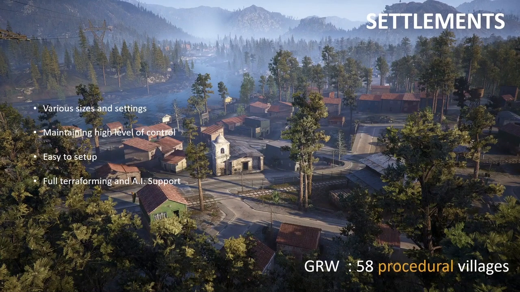The tool had to be easy to set up, and it was not only about placing building, but also terraforming, pre-terraforming the landscape before placing the building, and AI support, which means all along the road we want to generate all the trajectory for the sidewalk. We want to place some helpers for activities for NPC and stuff like that.